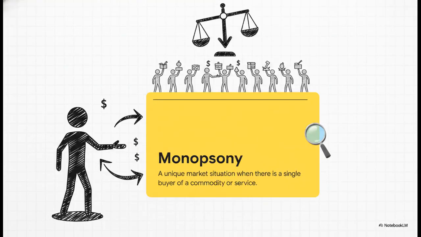And that brings us to this fascinating flip of the script. We're so used to sellers holding the power, right? Well, enter the monopsony. This is a super unique situation where you might have plenty of sellers, but only a single, lone individual buyer. Because that one buyer is the literal only source of demand, they hold all the leverage. They can completely manipulate that entire market of sellers.